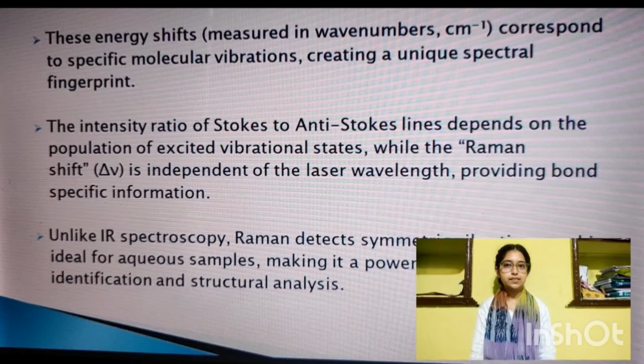So the intensity ratio of Stokes to anti-Stokes lines depends upon the population of excited vibrational states, while the Raman shift is independent of laser wavelength, providing bond-specific information. So then we move on to understanding